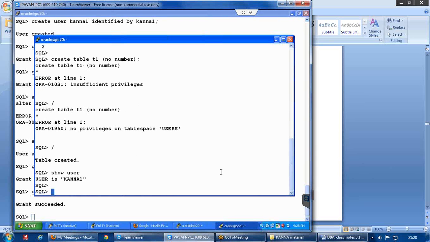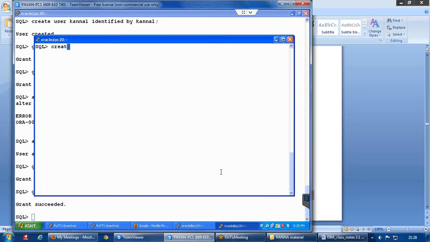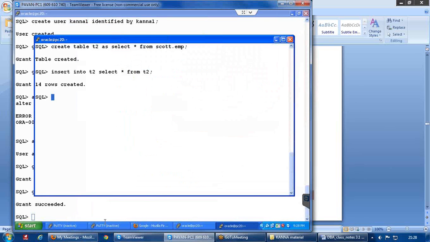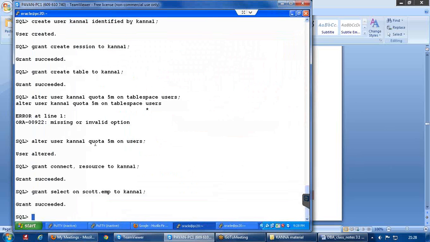And just like yesterday, I am creating a dummy table here. As I said, by allocating the quota, it means that this Kanna1 user should not use more than 5 MB on this tablespace. Is that right?